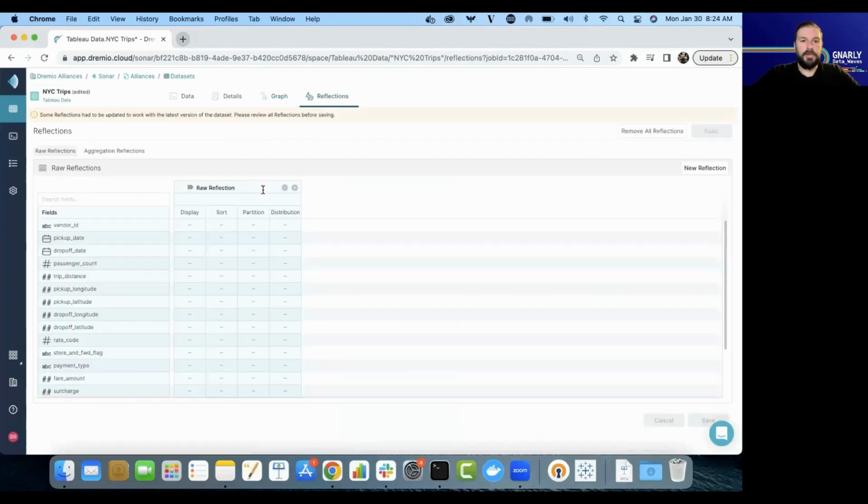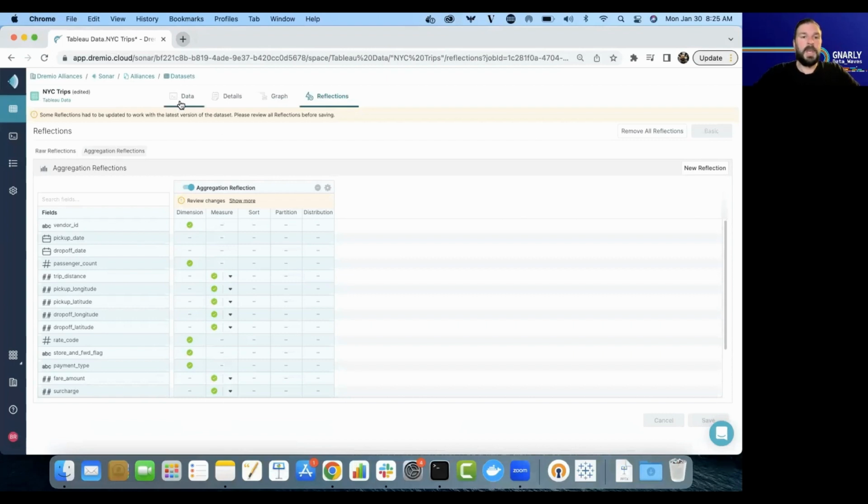You can also click on reflections here, and we briefly mentioned reflections in our conversation with Nick. Reflections are a materialized view of the data, and it's one of the ways that organizations can really ensure mission-critical BI performance at scale within Dremio. A reflection allows you to create pre-calculations of different dimensions and measures, and then store them, and it's an option that Dremio can query, that reflection versus the raw data, depending on what that query